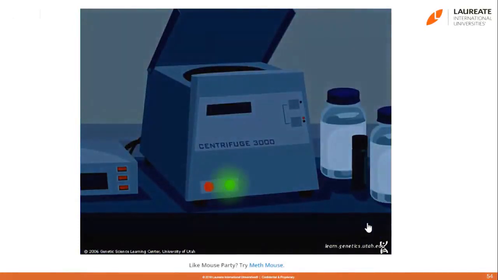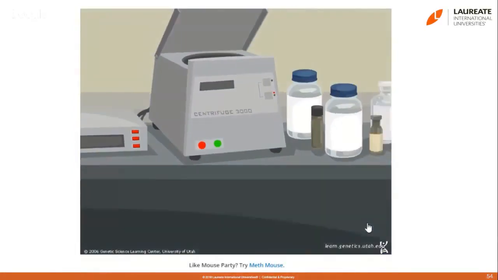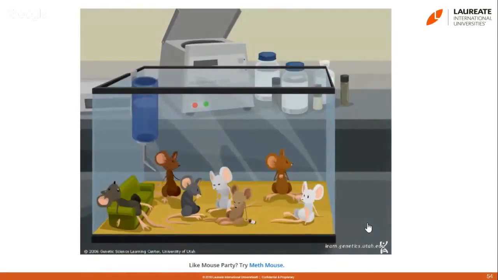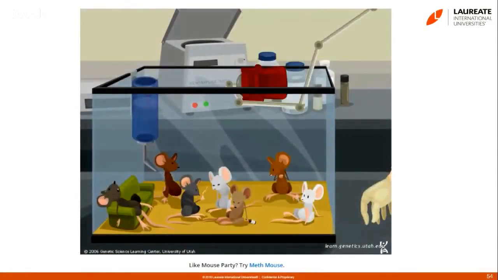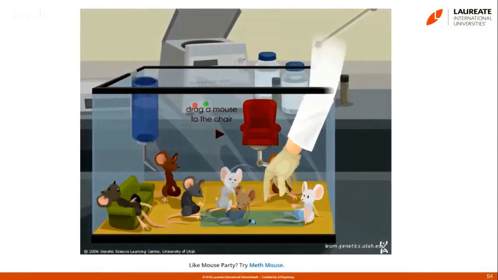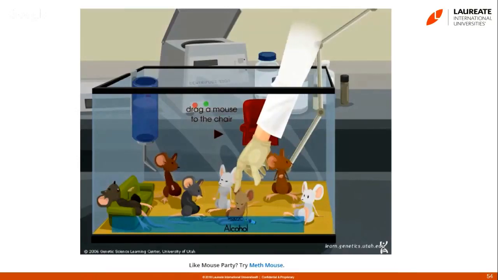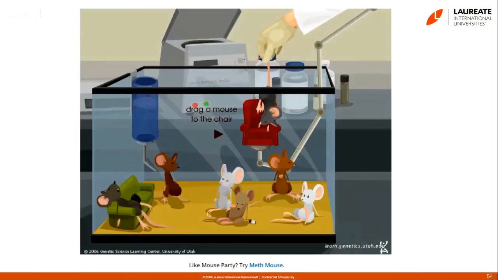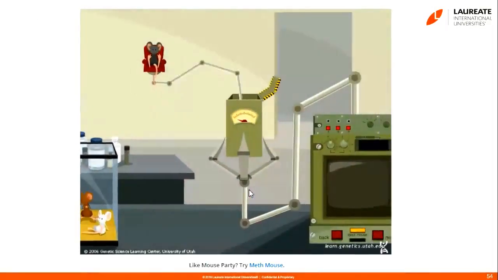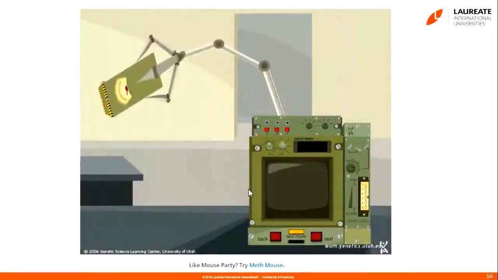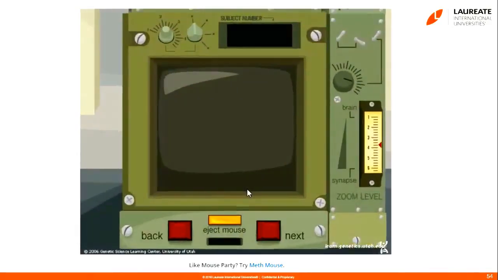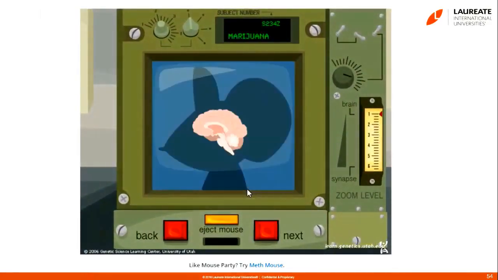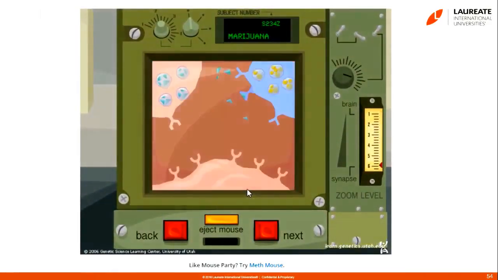The students can choose one of these mice and put its brain in the centrifuge to see how the drug is working. Let's choose the one that's using marijuana. Let's see. It's funny for the students, but in fact, what we want them to see is how the drug is